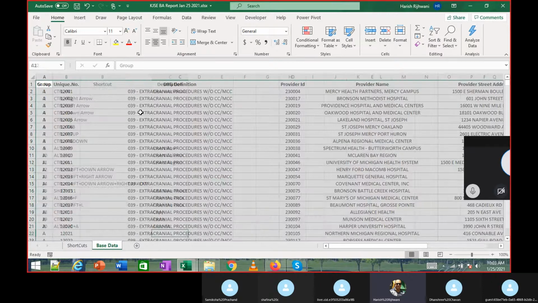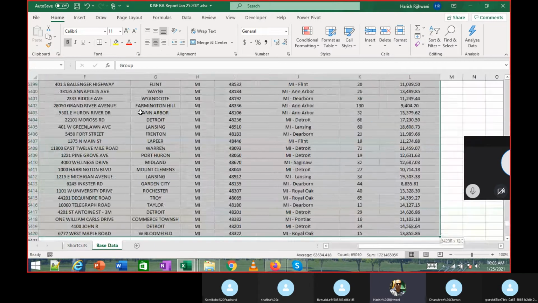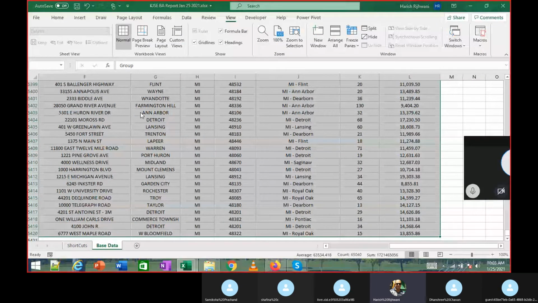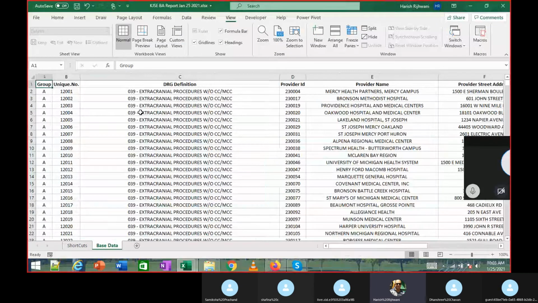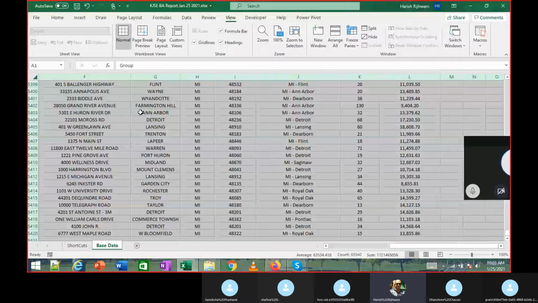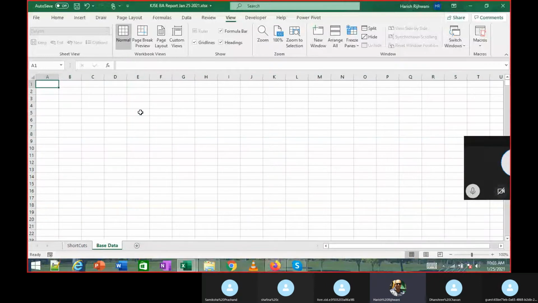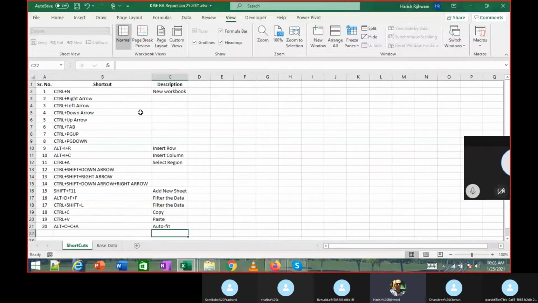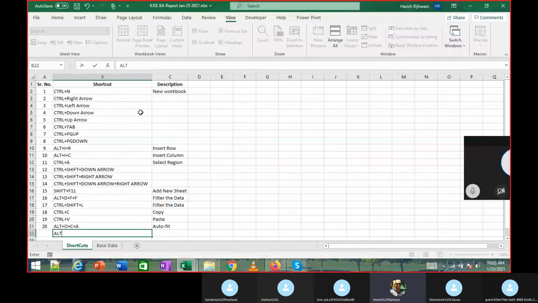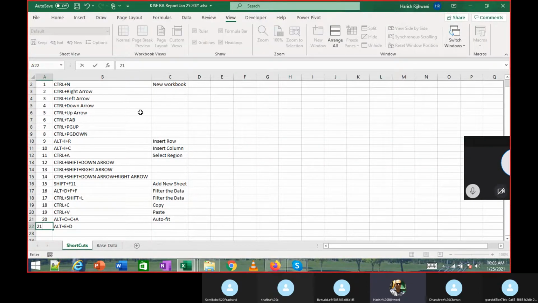Want me to repeat that? What I did? I deleted this cell, and to delete that is Alt plus E plus D. So it deletes the rows, by the way. Just pressing delete will not delete the rows. It will still go to the last cell. I'll show it to you once again.